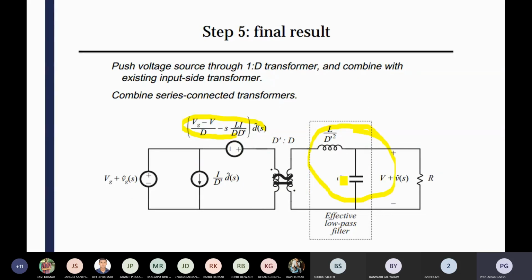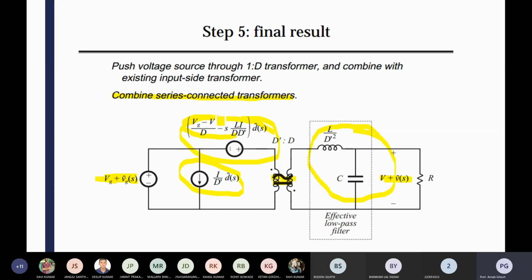So that filter component is only there, and in your left side all the voltage sources are together and all the current sources are together. That's the basic form of your canonical form, and you can say it is a combined series connected transformer. So again it's AC/DC. AC/DC, that's why it is called combined series connected transformer. Basically any of the parameters or variables is split into two components. One is the DC component, another one is the AC component. Okay, that's why you are getting these two combinations of circuit.